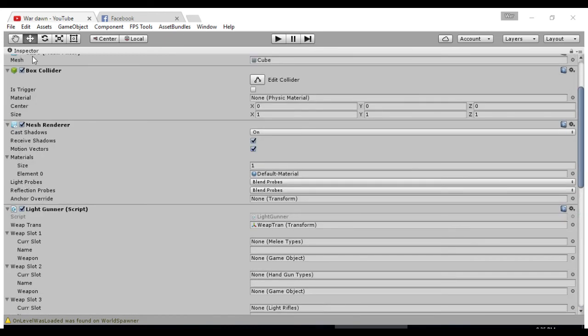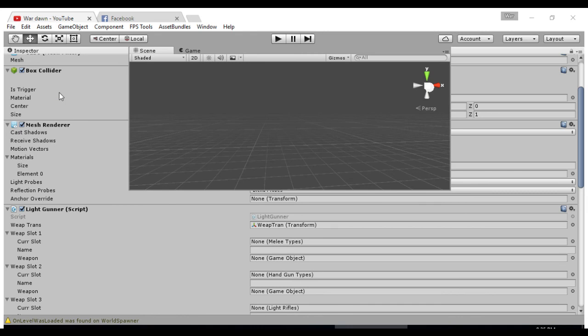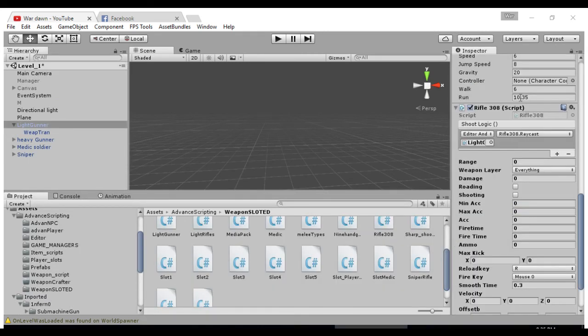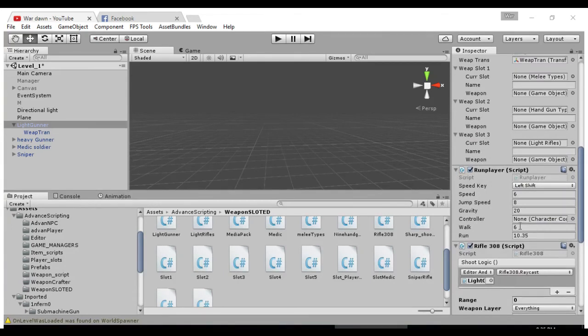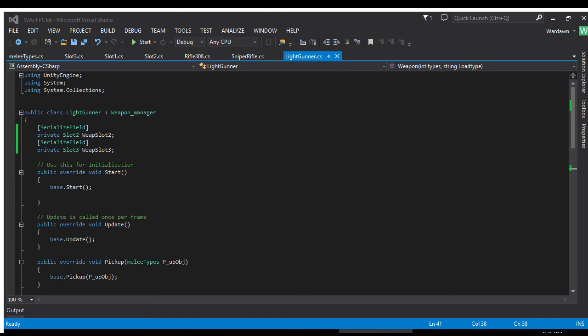So for the most part, we should close this out, and let's talk about some scripting stuff with this, so that you can understand the concept of what we are trying to do here and why this is more flexible. Okay, so let's go over to our lovely coding blocks. Okay, so we're in our light gunner script, which is inherited from weapon manager,